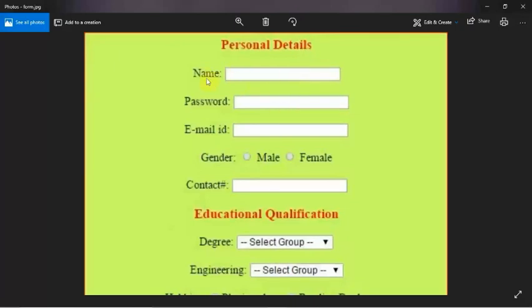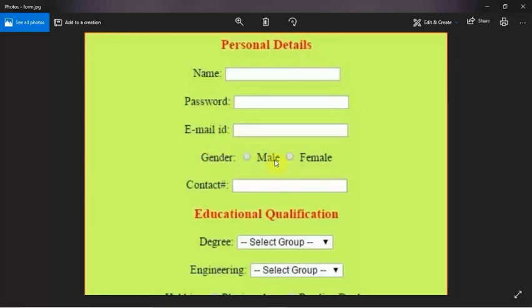First of all, you have to understand what do you mean by this box, and here are many controls. So first number you can see name, and this is called text box. Remember all of you, this is called text box, and this is called password box. Here password is written. For creating password box on the web page we need password box, and this is also text box. Remember, because we are going to accept email ID from the user, so this is also text box.